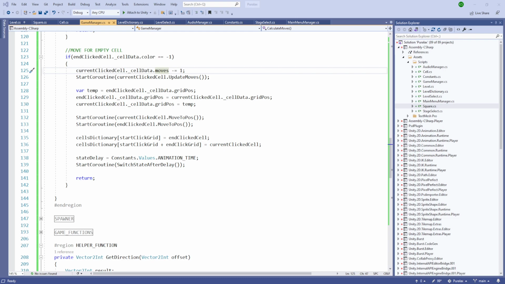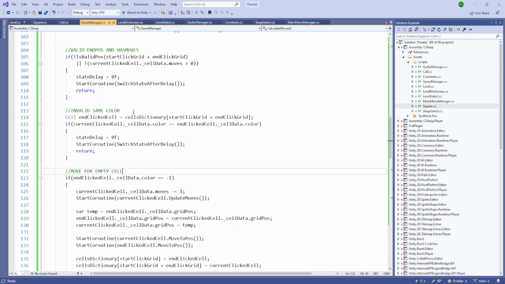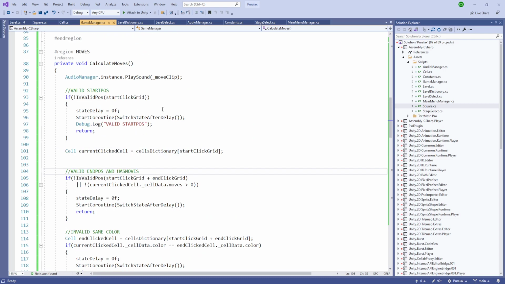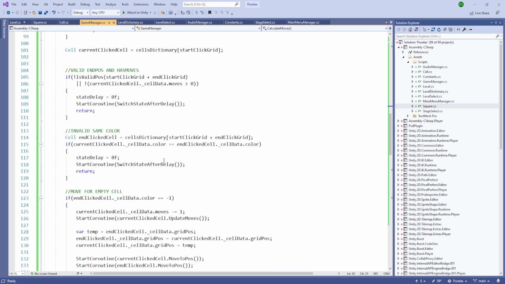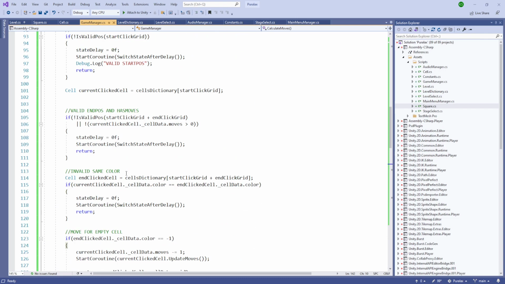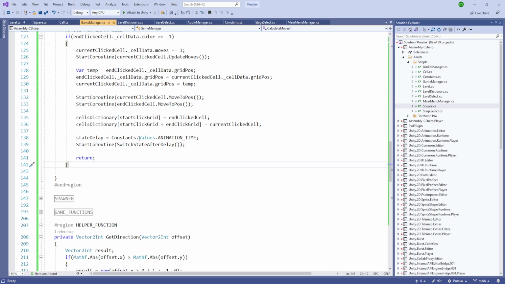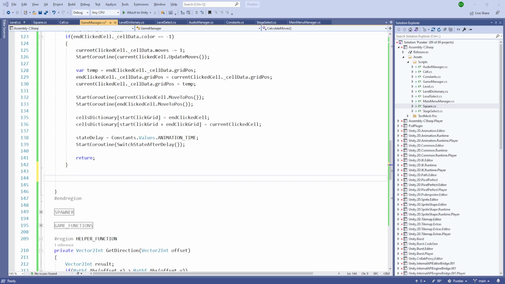So let's see how we are going to do it. So in our current script, we have for the empty cell invalid for the same color and valid end position. So now we have both our cells, and our state is not going to change when it is valid, so we need one more condition, and this condition is going to be for